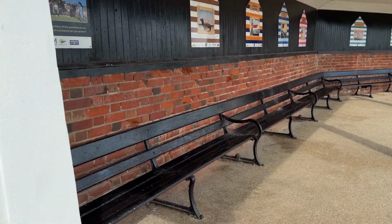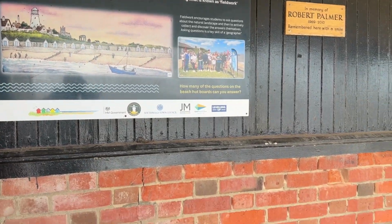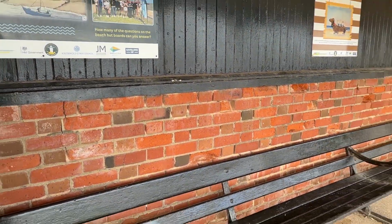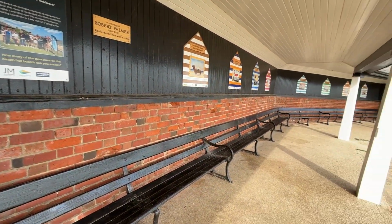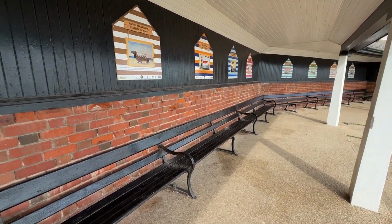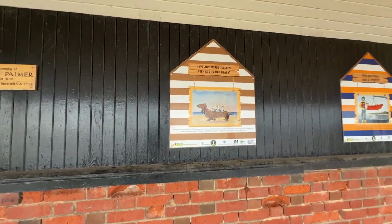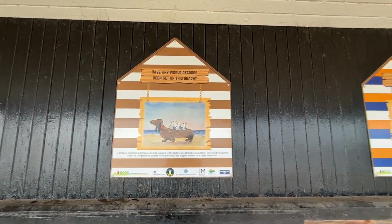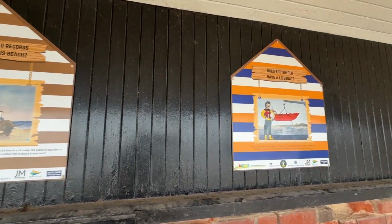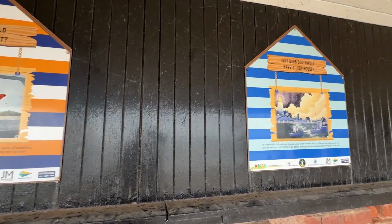And while I was walking along the front, I just had to show you this as well. Obviously it's a nice little, I'll just zoom it out a bit, nice little seating area, under roof if you need shade, and the sort of rest from the rain. Lots of these little pictures they've put up here as well, which I found really good. I guess all locally done,